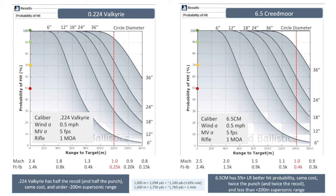If we compare the two charts for the probability of hits, you can see 224 Valkyrie on the left becoming subsonic around 1200 meters, Creedmoor becoming subsonic around 1400 meters, and the conclusions are pretty much those that I mentioned already. You can see that there is a slight advantage to the 6.5 Creedmoor as far as probability of hit,